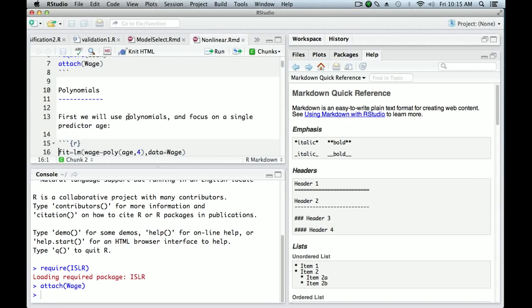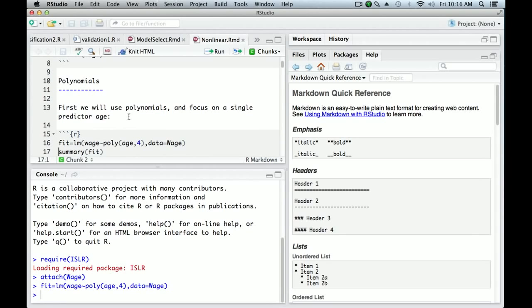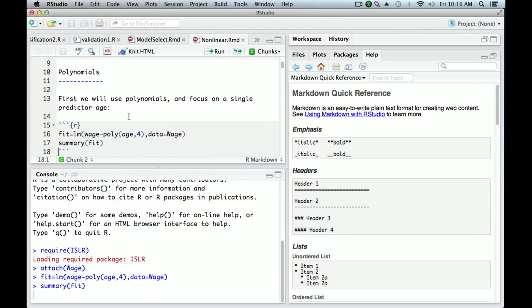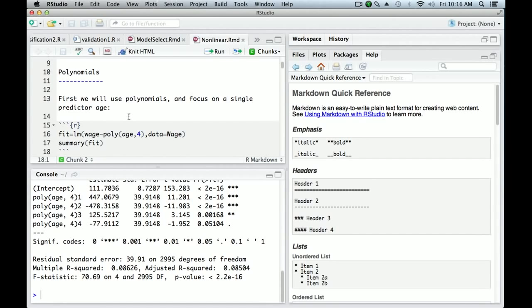Well, this is where R really comes to the fore. We have this lovely formula language which lets us, in just one equation here, use a function poly which automatically generates that basis for us, and we tell it to take as input age, and 4 is the degree. That'll make the matrix, and then lm will fit the model with response wage, and so it all just happens for us. Okay, and then we do a summary of the fit,